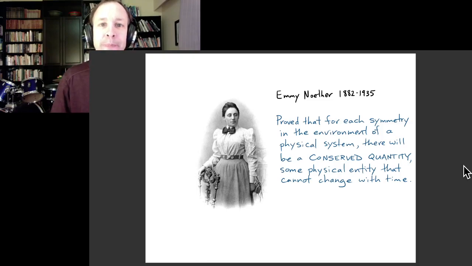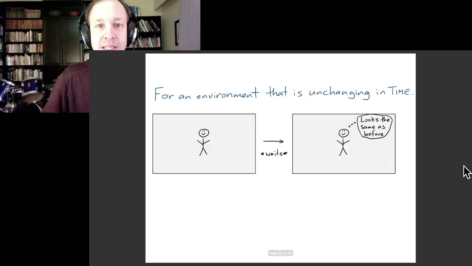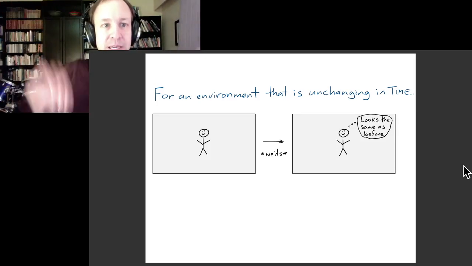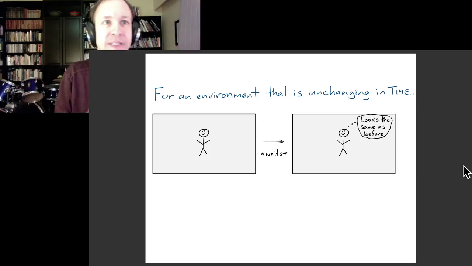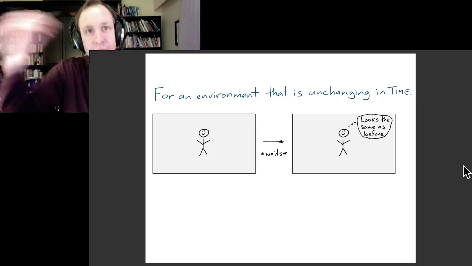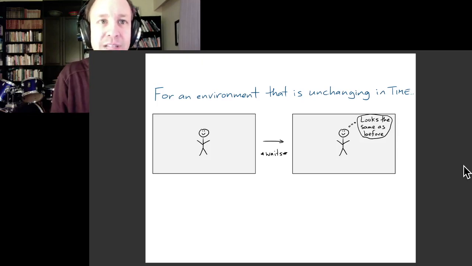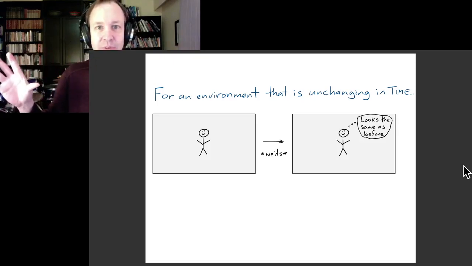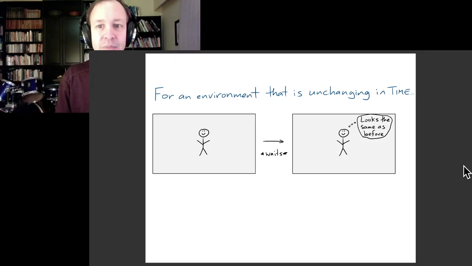Okay. So the first symmetry that we're going to talk about is the symmetry of an environment that is unchanging in time. So that would be an example where you could imagine, let's again stick with the environment of infinite outer empty space. And so if you observe this environment and then you shift in time, meaning you just wait for some amount of time, so an hour later, the environment is exactly the same as it was before. Everything would behave in exactly the same way. Okay, so this environment of infinite empty space has what we'd say is a time shift symmetry.